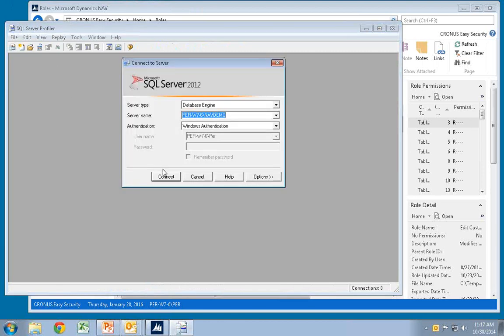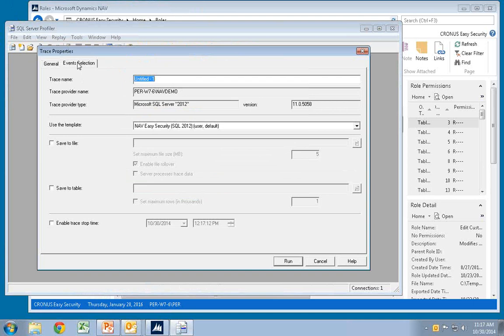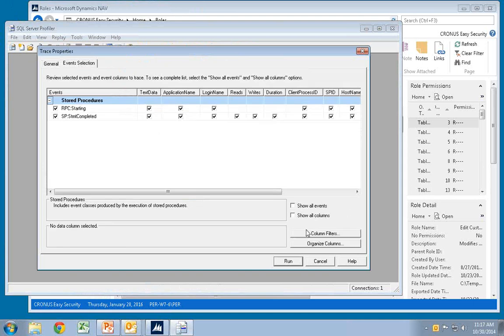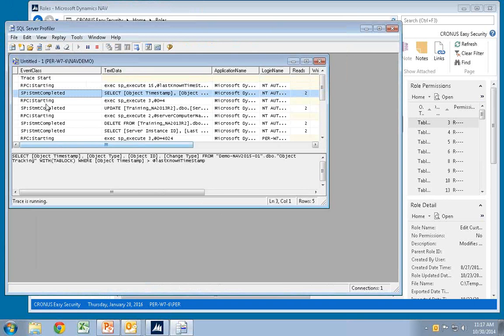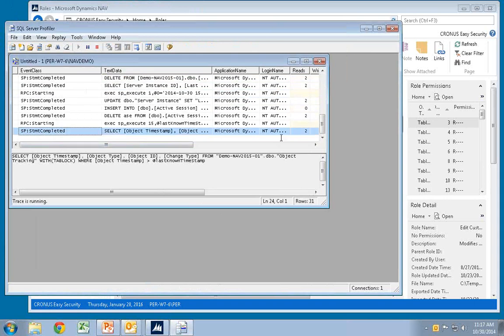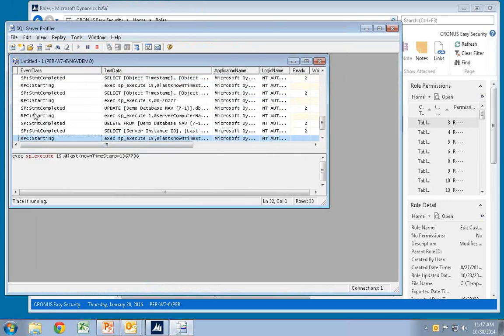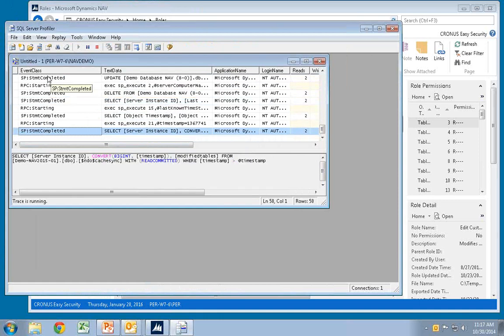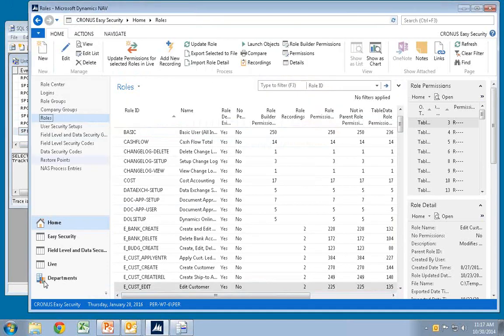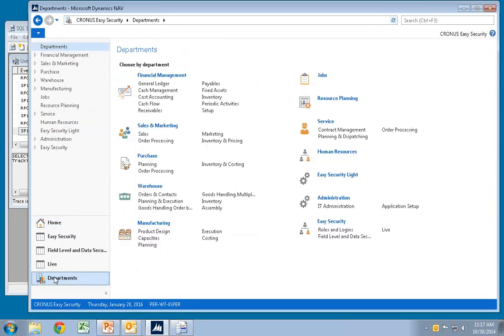I'll start a new trace. And I can go in and filter on different things if I wanted to in here, but in general, since I'm alone on this system, I'm just going to run the trace, and it will actually capture all the permissions or all the transactions going against the SQL database. I could also capture another user connecting. Right now, I'm going to only capture myself, but you could have a user that connected with a tablet or with a browser, and you would still be able to capture their permissions out there.